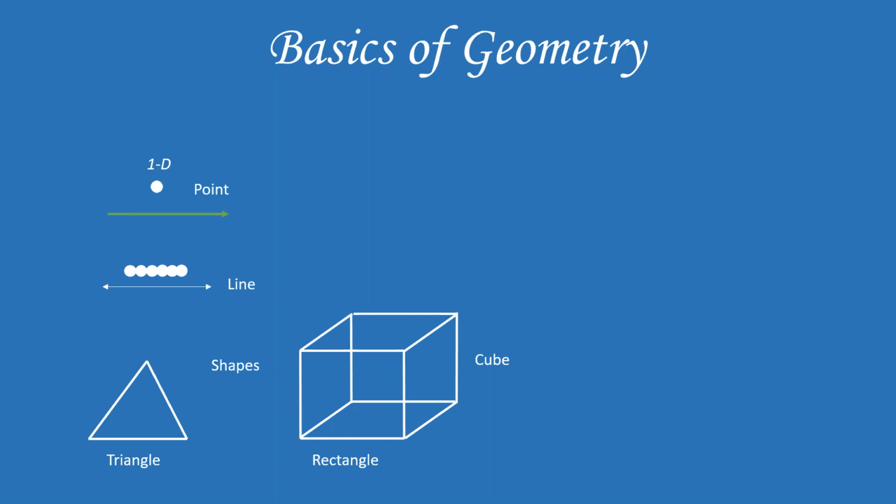1D means one dimension. So what is dimension? I'll tell you later. It is not important. What you have to remember right now is a point is 1D, one dimensional. It means that it only exists in one dimension. What one dimension means, I'll tell you later. A shape here is 2D. It is two-dimensional, and a cube is 3D, which is three-dimensional.